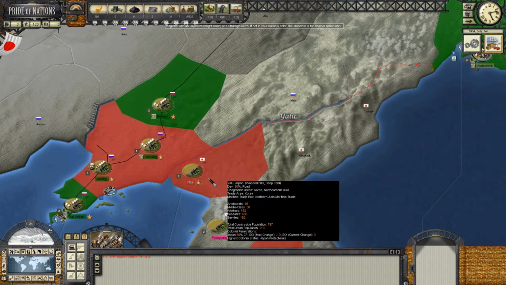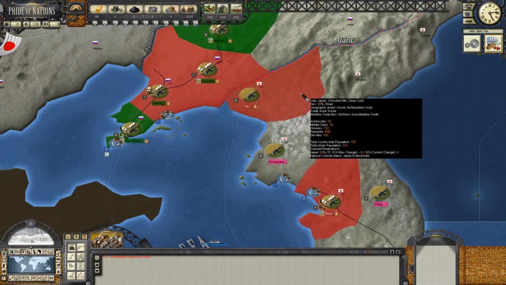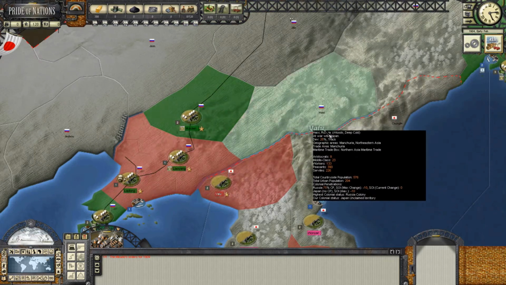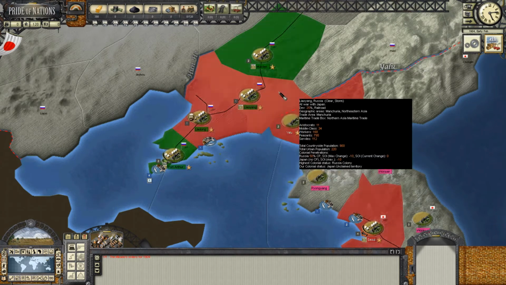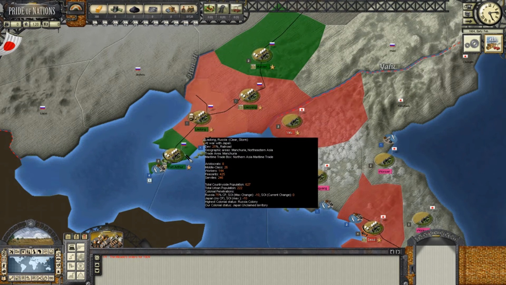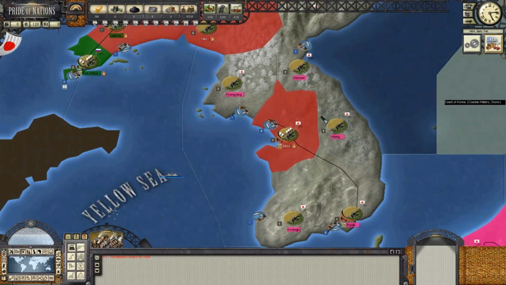Objectives, as you can see, Yalu is an objective. That's in Manchuria, I guess. That's just across the border from Korea. There's the Yalu River. And so Laoyang is an objective. Mukden, Russia, is an objective. Liaodong is an objective. And, of course, Port Arthur. And, of course, on our side, Seoul,